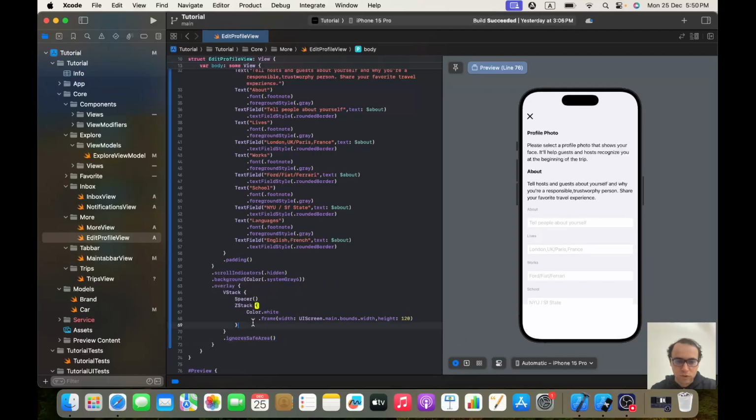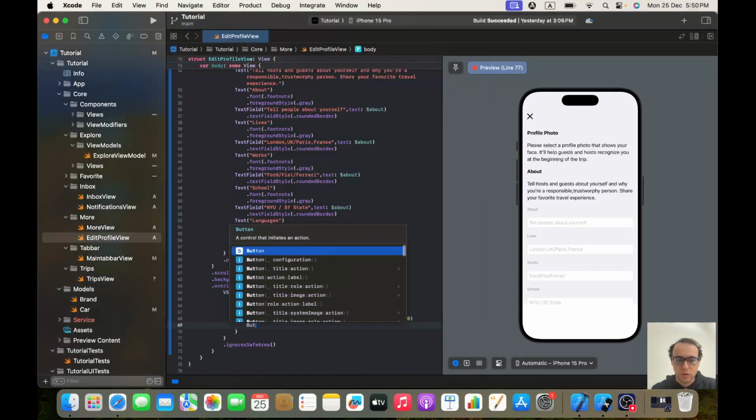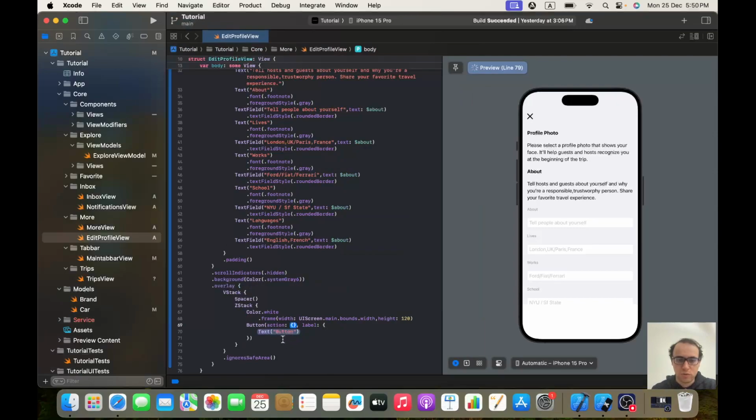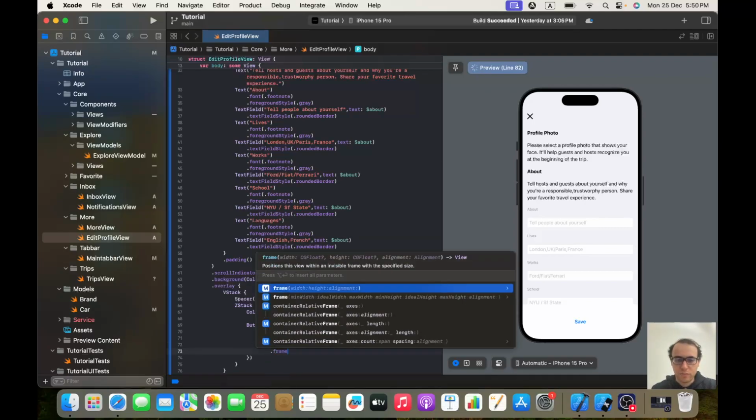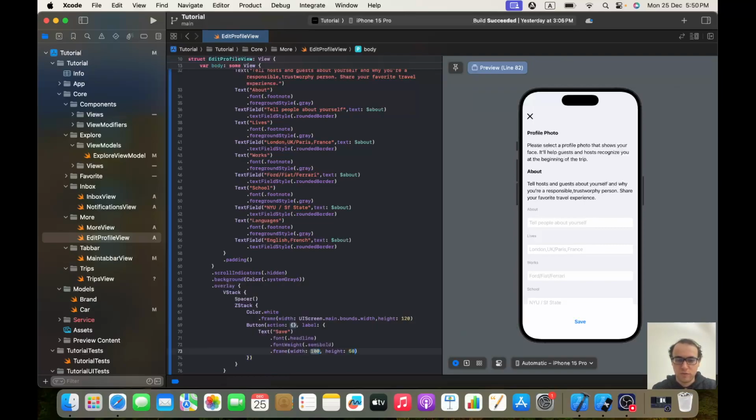Now after that, above our color white, we need our button. This our button, so let's make it a button with action and label, and for the label it will be text of save with the font of dot headline and the font weight of semi-bold. We will give it a frame with width and height. The height, let's make it 50. For the width,